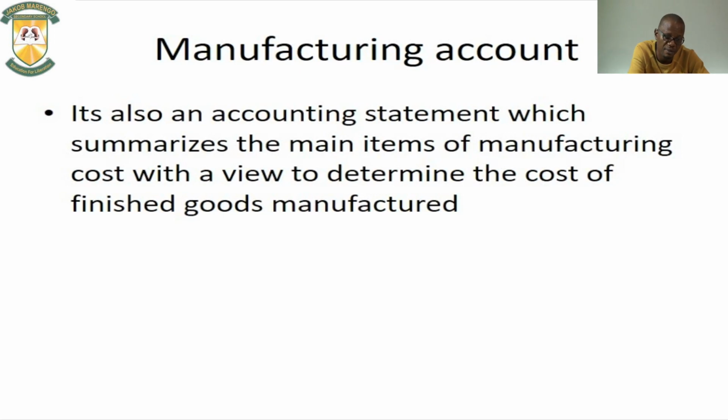Now, let us look at the difference between the manufacturing account and the trading account. Trading account gives us gross profit, while the manufacturing account will give you the cost of manufacture by the company. Please note that it could come out in the exam. Anybody can ask you what is the difference between the two. One, which is the manufacturing account, is to determine our what? The cost of manufactured goods, while the other one is to determine our gross profit.